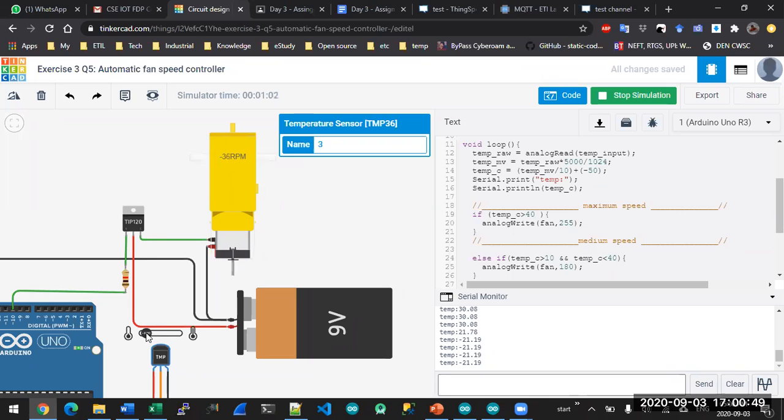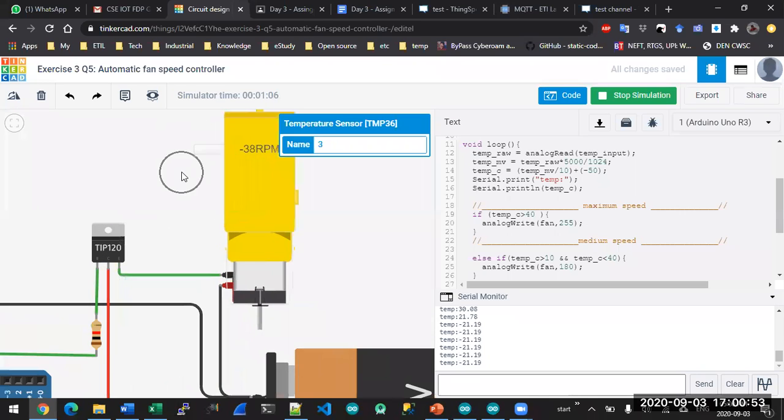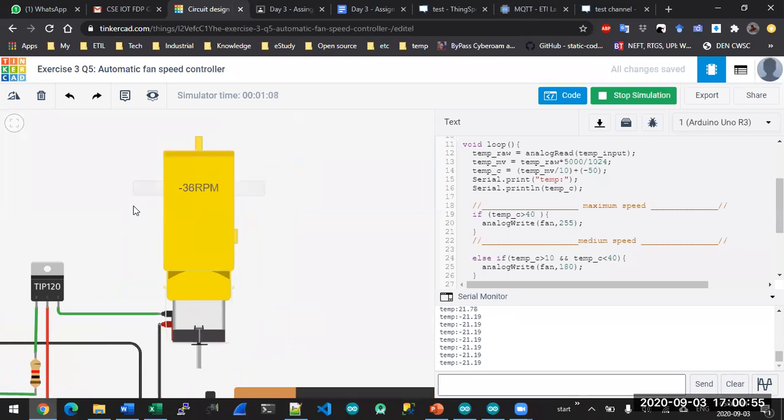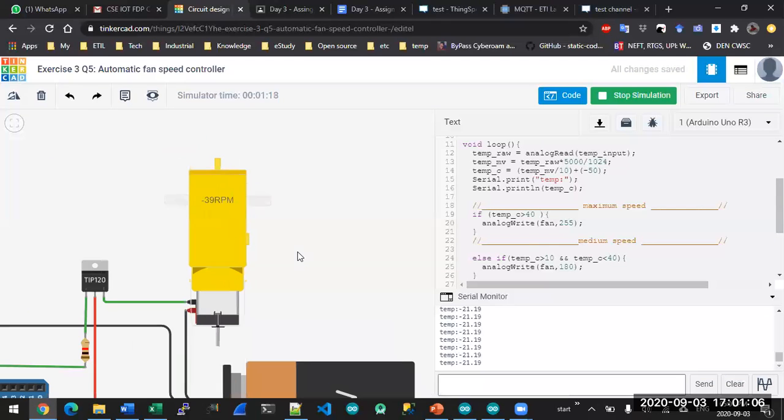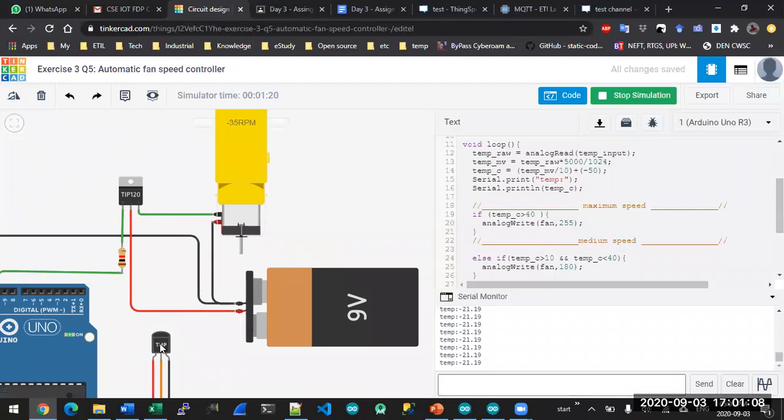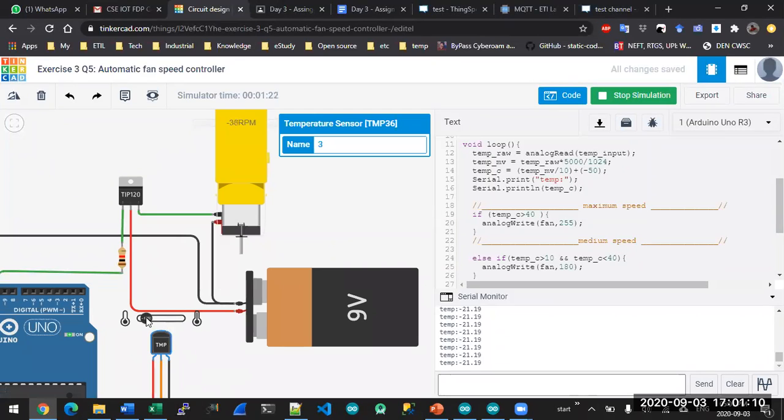So you can see the rotation speed of the motor has decreased to 38 RPM, and you can see the rotation also. You can see with the temperature, the speed is increasing and decreasing.